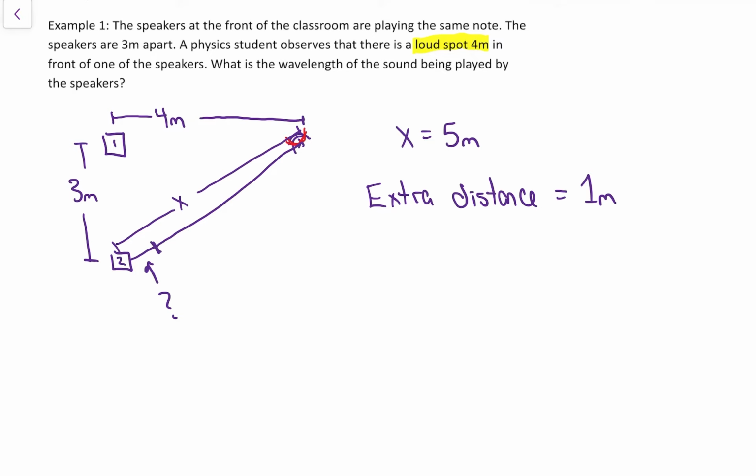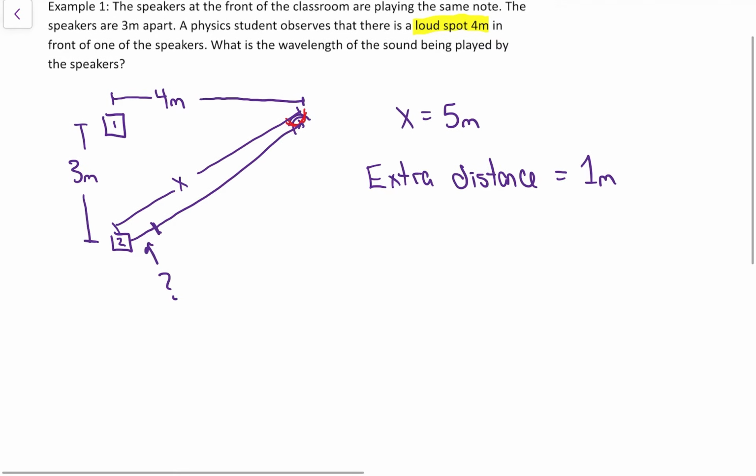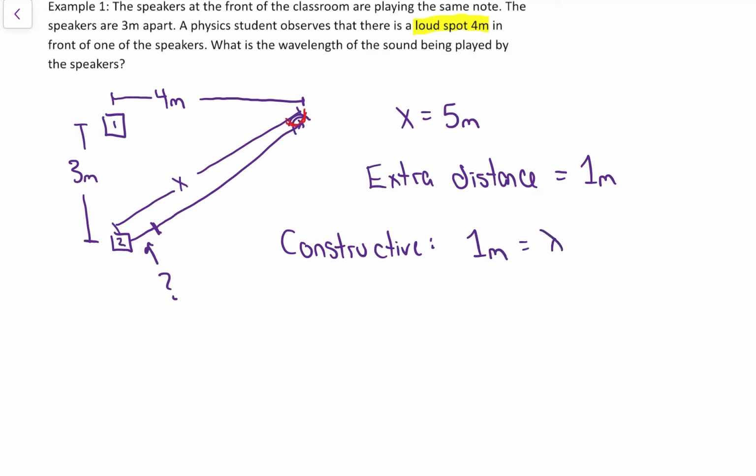Interference is all about how much farther, when there's two sources, how much farther one goes than the other. And constructive interference is always on a multiple of lambda. So what that means is that 1 meter of extra distance, it would have to be a full lambda for that to happen. Or the 1 meter, maybe it's 2 full lambda. Or the 1 meter, maybe it's 3 full lambda. For any of those cases,